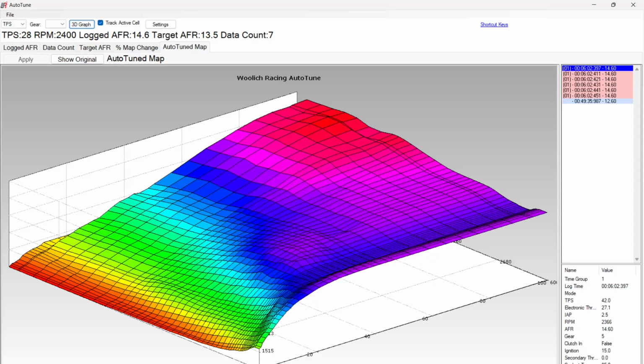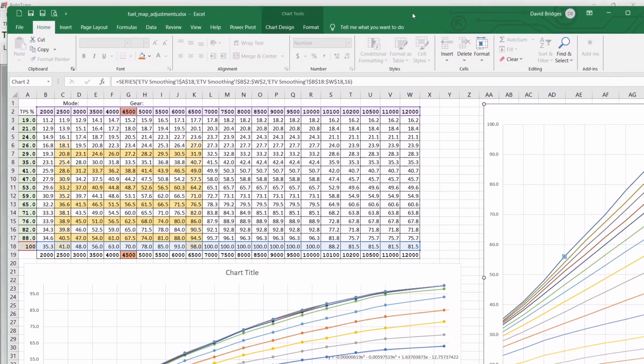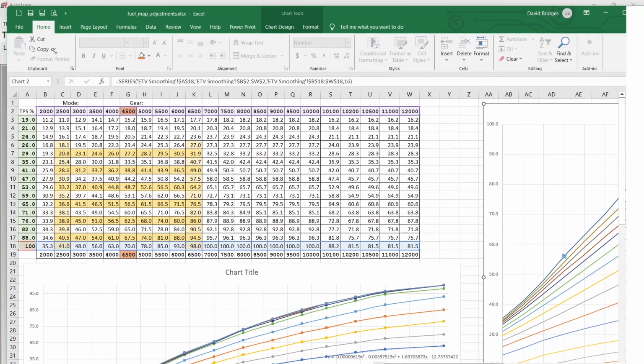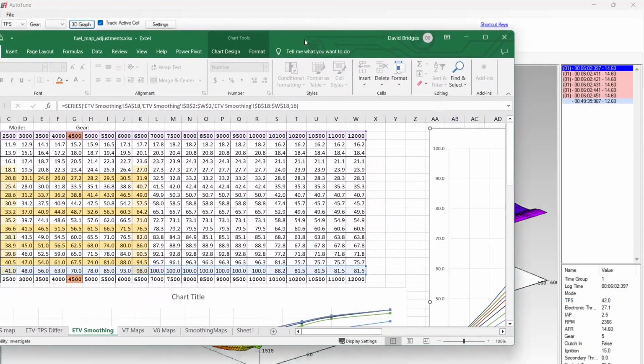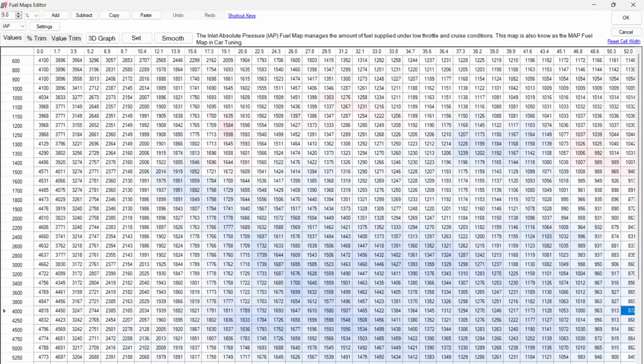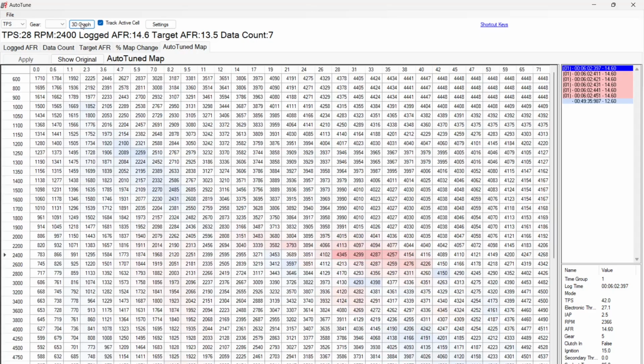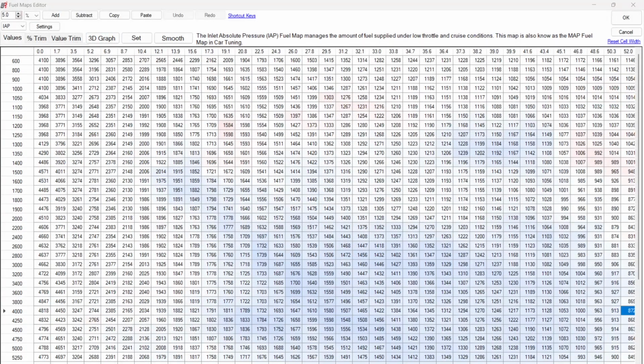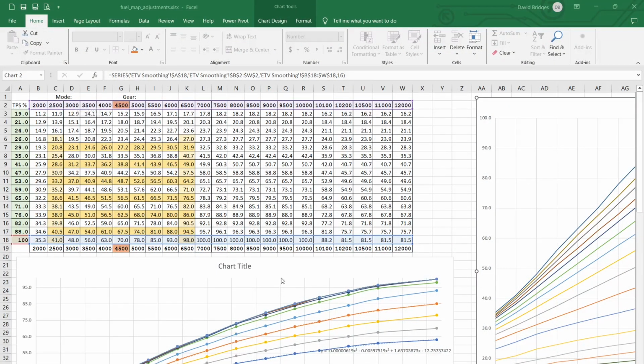Now, next thing I did, if I have it, is I was playing with the fuel maps again. Or sorry, not fuel maps. This has got fuel maps in it. The file's called fuel maps, but this is my electronic throttle valve smoothing. So let's close this auto-tune thing. Graph, close. And this is our actual map. So close that. Now, this is an Excel file I put together with the graphs, and these are the